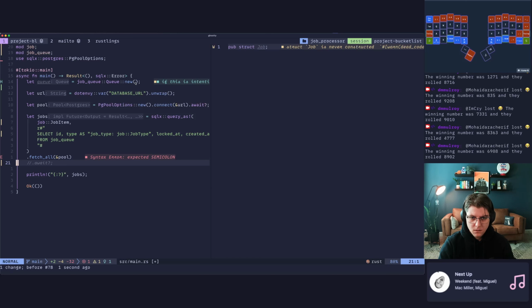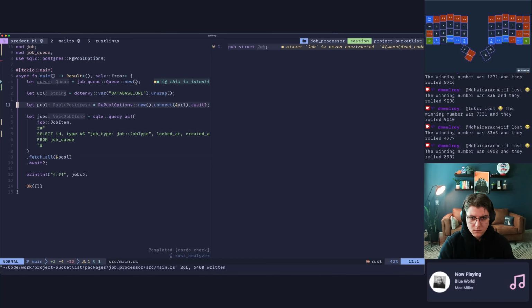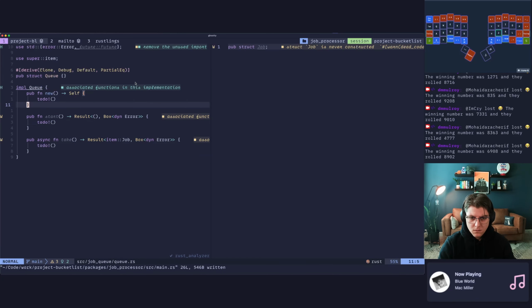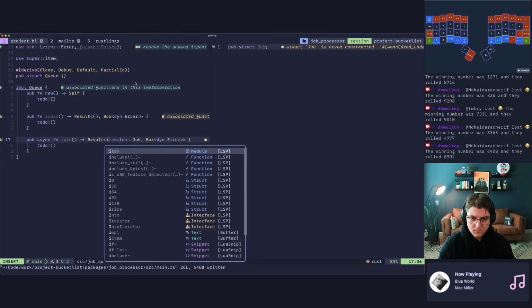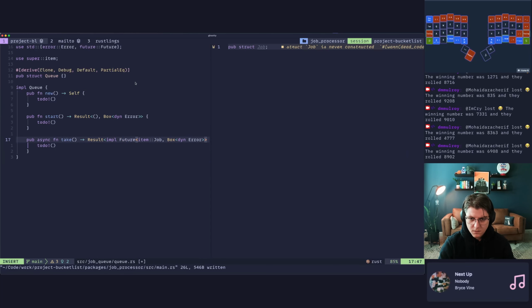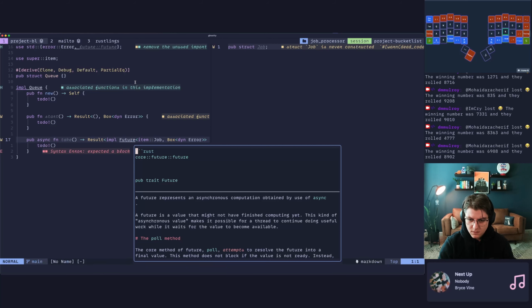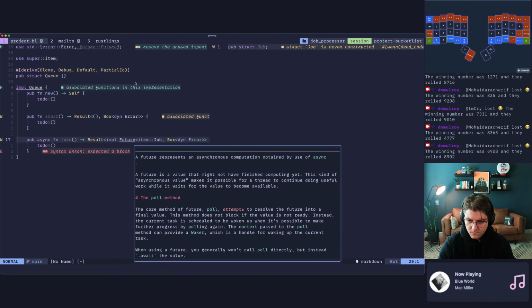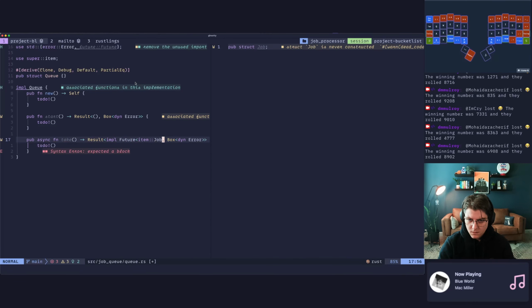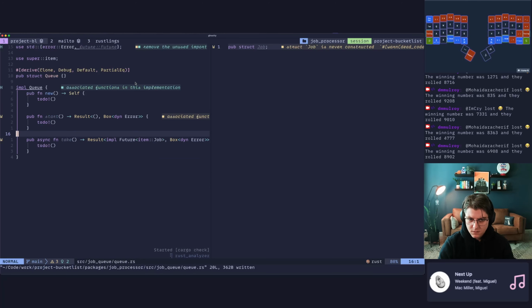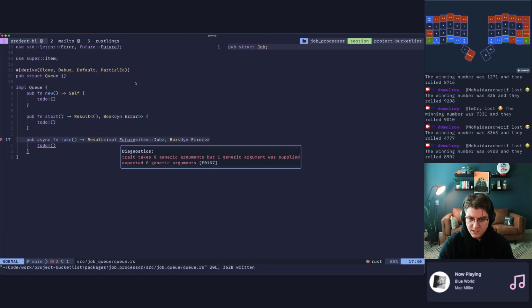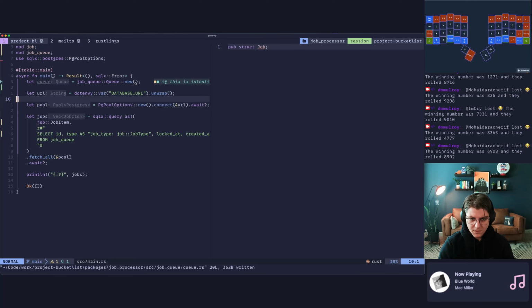Okay. So this will be impl future. And that takes, I don't know. Something like this. Trait takes 0 generic arguments. What?